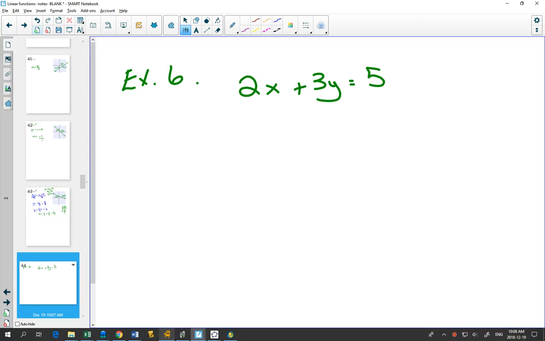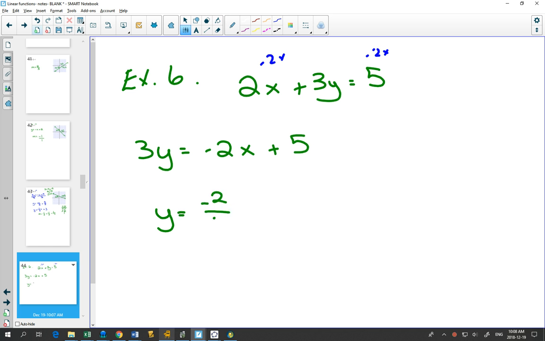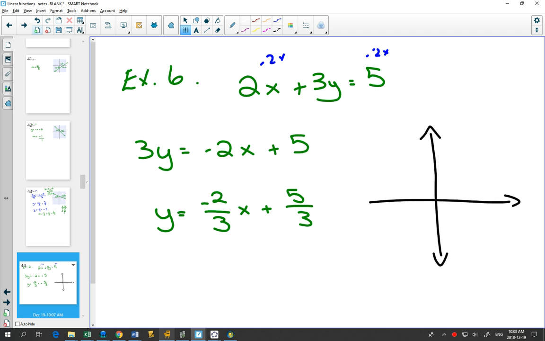So, if I decide to change this to y equals mx plus b, I'm going to subtract 2x on both sides. I'm going to get 3y equals negative 2x plus 5. And then I'm going to divide everything by 3, which will change this to negative 2/3 x plus 5/3. So my y-intercept, if I am going to graph this, my y-intercept is a fraction,